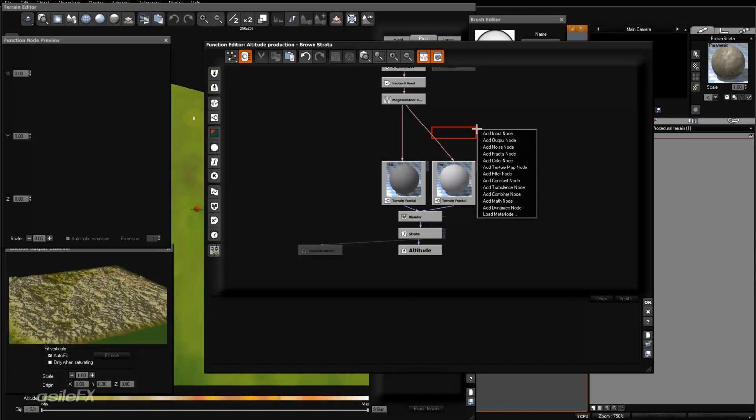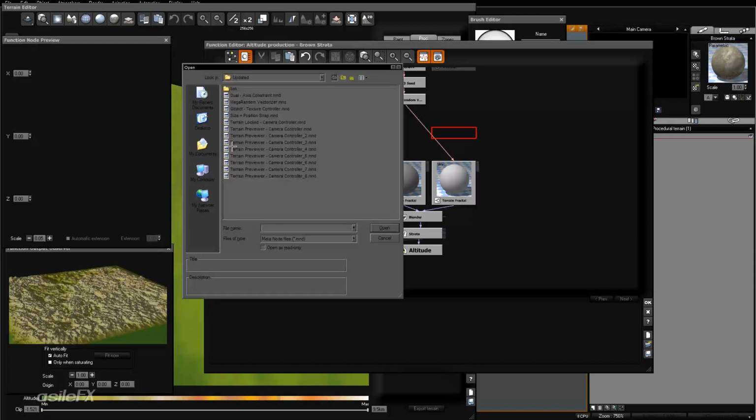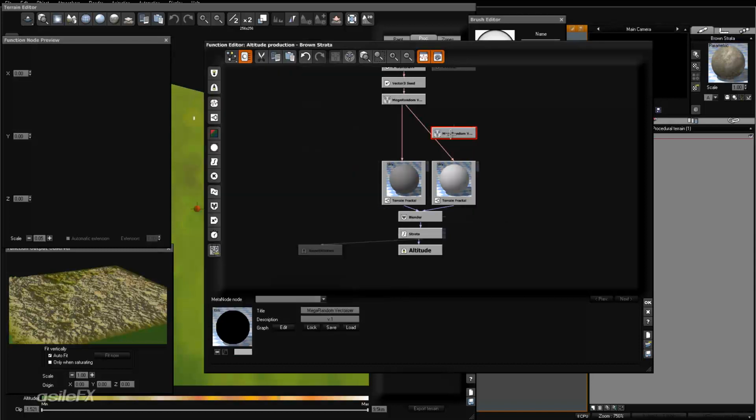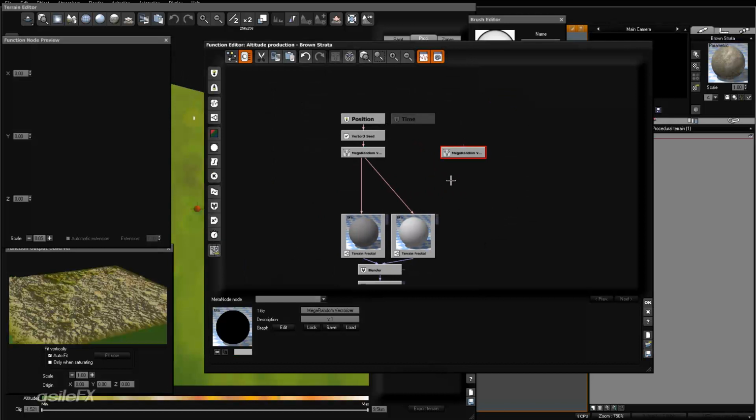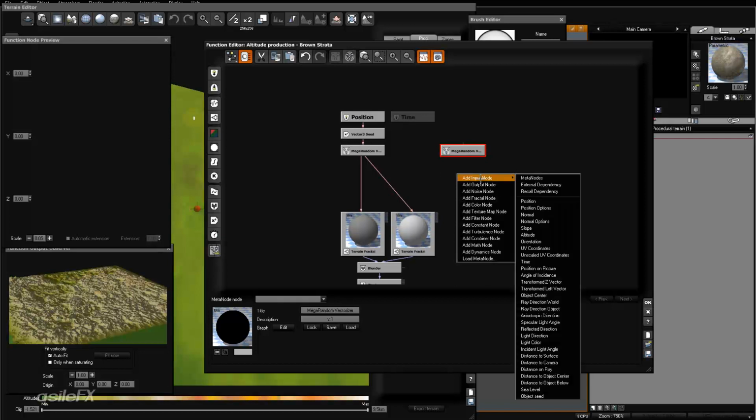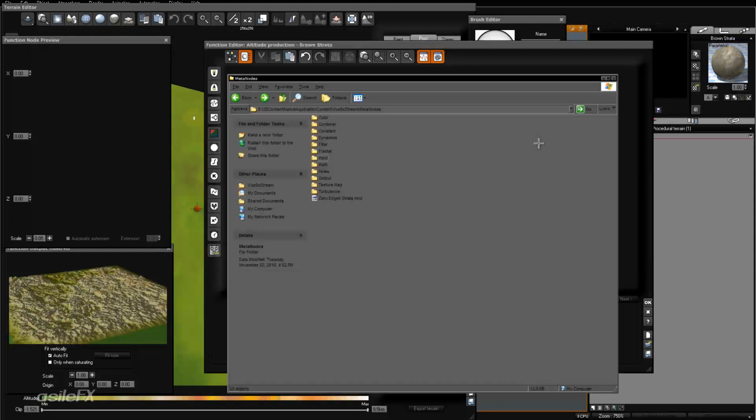So to load in a metanode, you can right-click, go to Load Metanode, select the file. If you have it saved to your content directory for metanodes, they become available in a list. So if I go to Add Input Node, Metanodes, here's a list of my metanodes. These are from Snowflake in my custom metanodes. So if I was to add this to the folder for that, this is within my installation folder for the content,